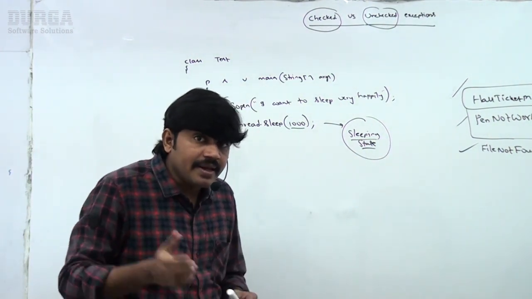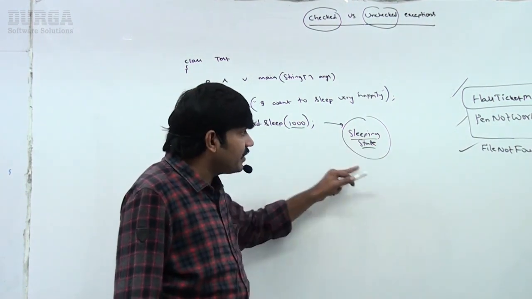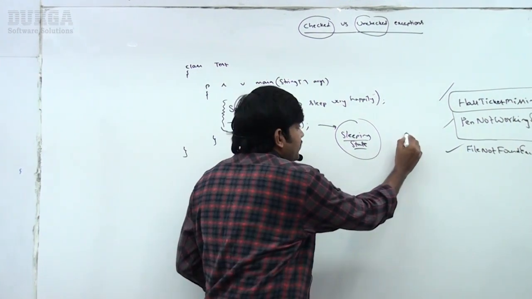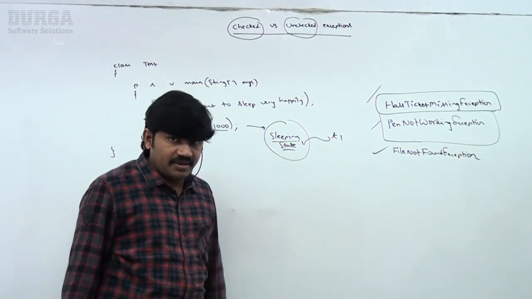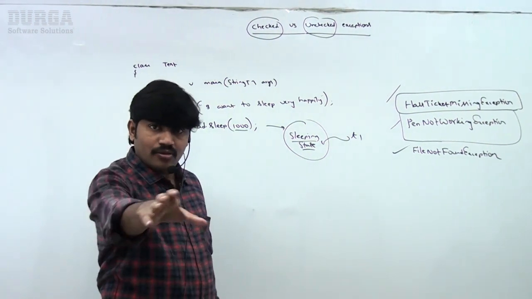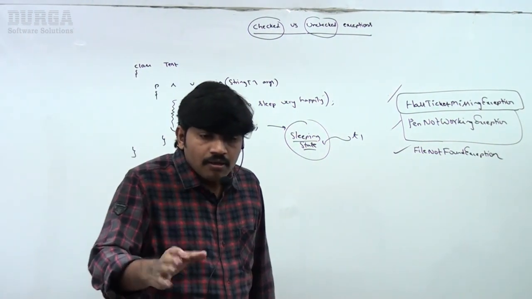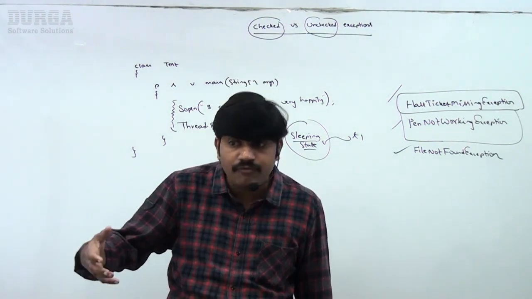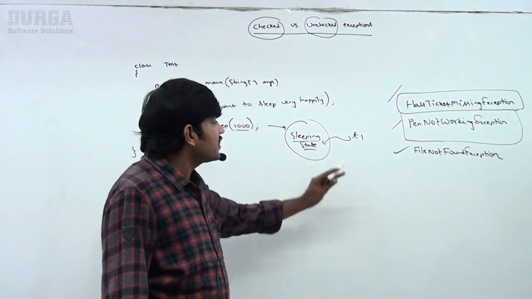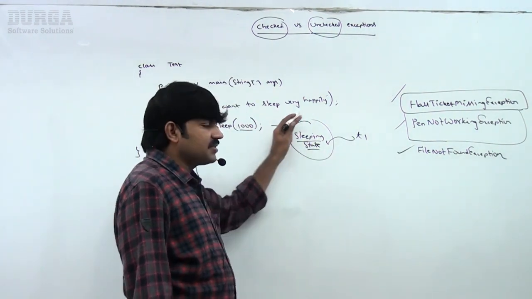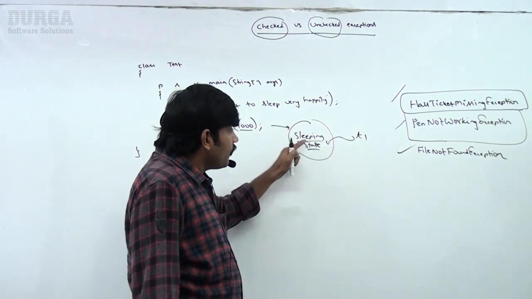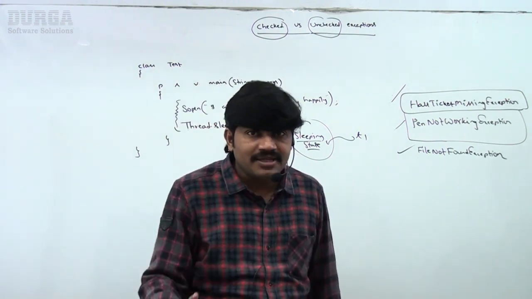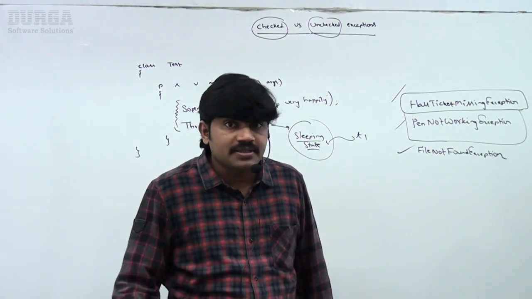If the main thread enters into the sleeping state, then there may be a chance other threads may interrupt this sleeping main thread. Suppose you are sleeping in the room. Your friend says, please wake up, shall we go for a movie, or for chai, or for class? Maybe someone is going to interrupt your sleeping. So some other thread may interrupt this sleeping thread. If a sleeping thread gets interrupted, immediately we are going to get an InterruptedException.